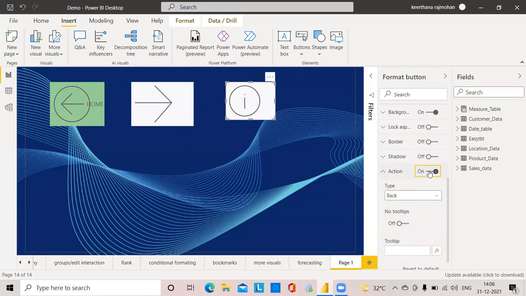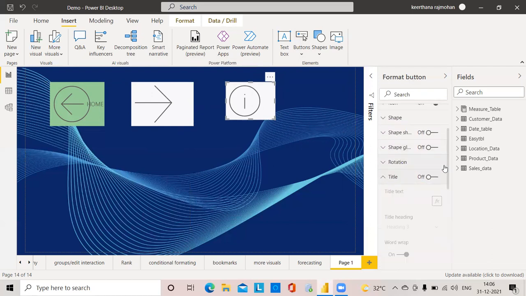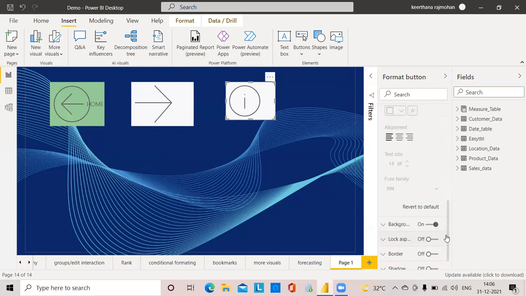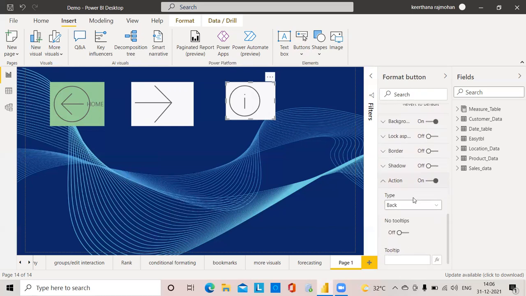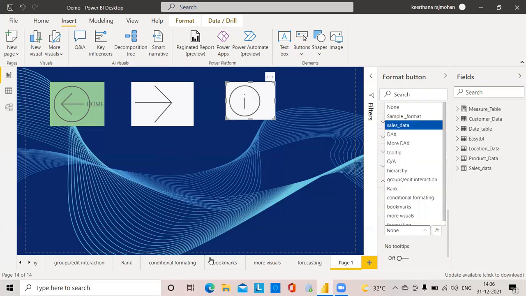So this is my action, and the type I will give as Page Navigation. Page Navigation means here we have to give the destination page. Many pages I have created here, so I will give one of the pages.